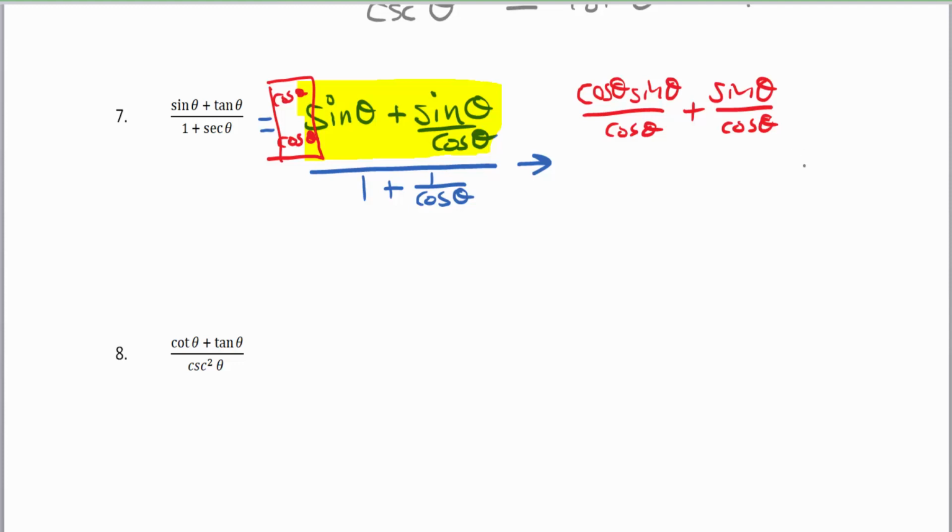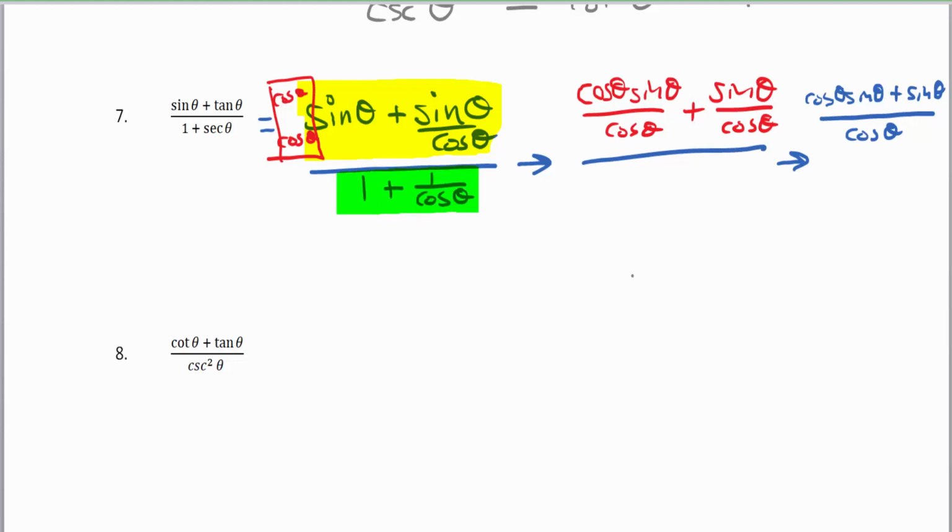So this is my numerator that can now be put into this expression, all over cosine theta. Okay, so now I have cosine theta sine theta plus sine theta. So now my numerator of this complex fraction got converted to the red and got converted back to blue. And we can work with this once we do the same thing to the denominator here, which I'm going to